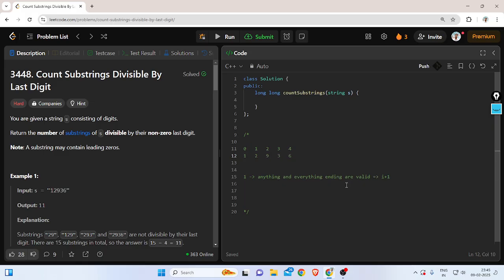Alright, now comes the part where 2. 2 is also the exact same thing. Anything and everything ending with 2 is valid, and hence let me copy this down. Similarly 3. For 3, let's wait a bit. For 4,